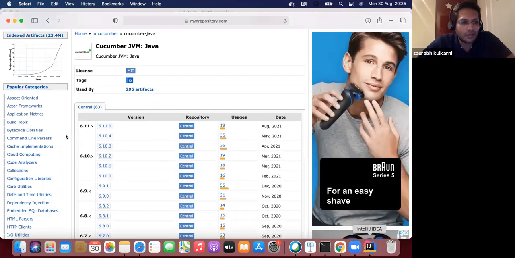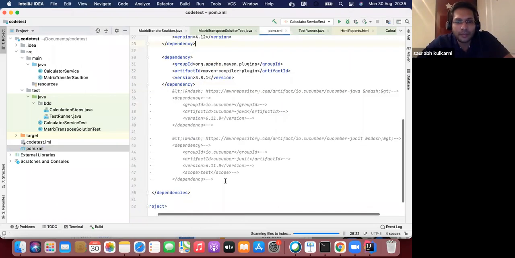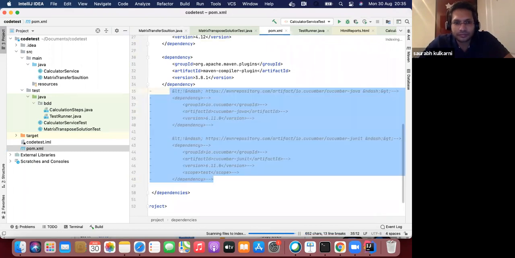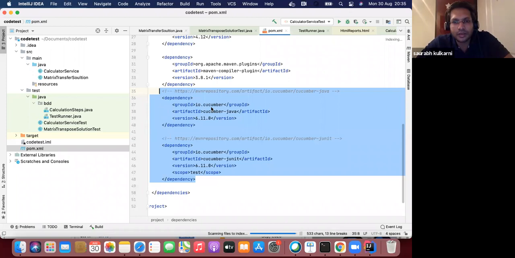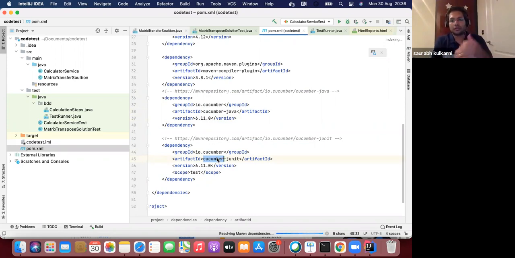I think I'm already using some version here, so I will rather use the same. I will go here and add that version now. Perfect. So this is the version: io.cucumber 6.11.0 I have used, io.cucumber in combination with JUnit. There are two flavors of Cucumber that we need to use, because you need to use some features of JUnit also. So you need to add these two dependencies so that both can be introduced into the project. So these two things get added.